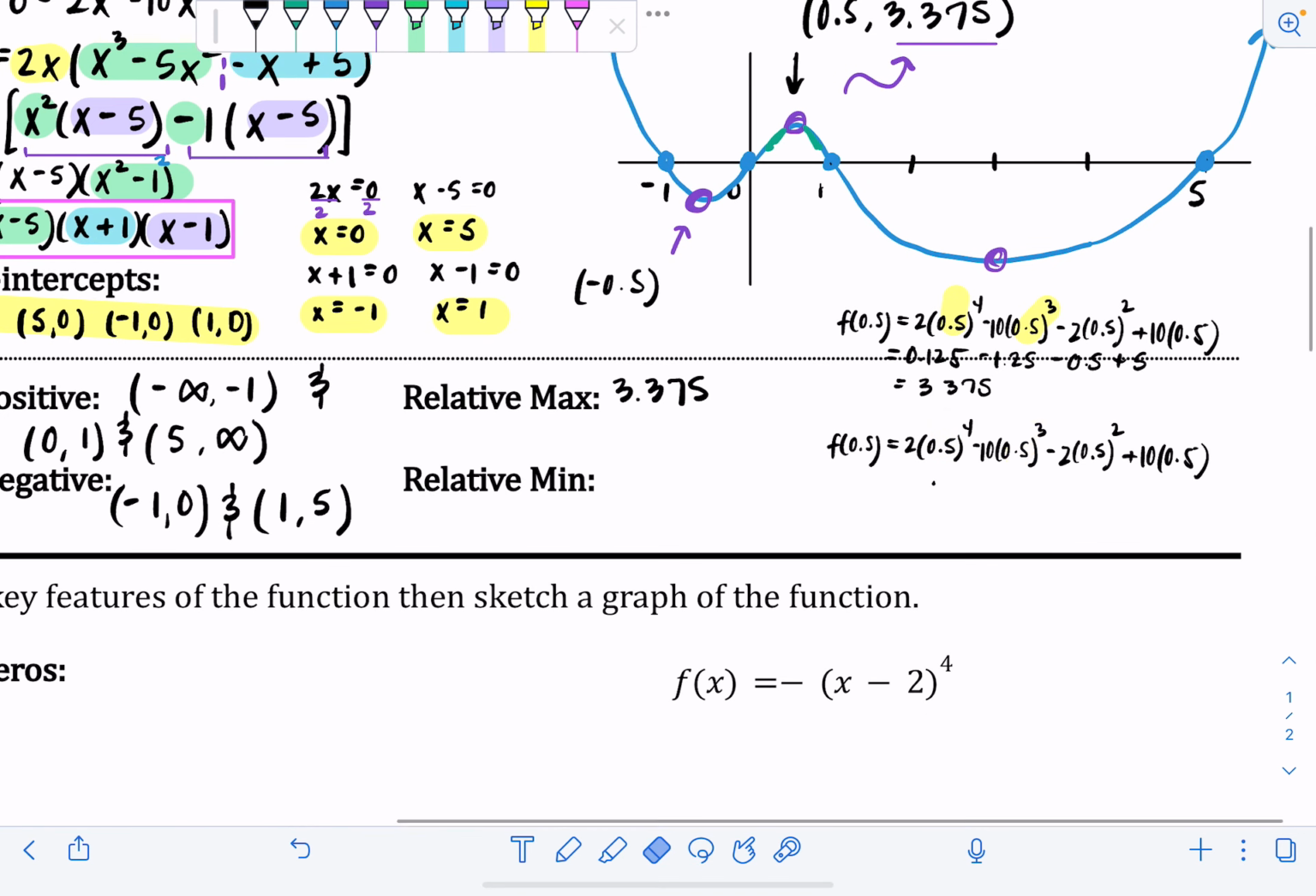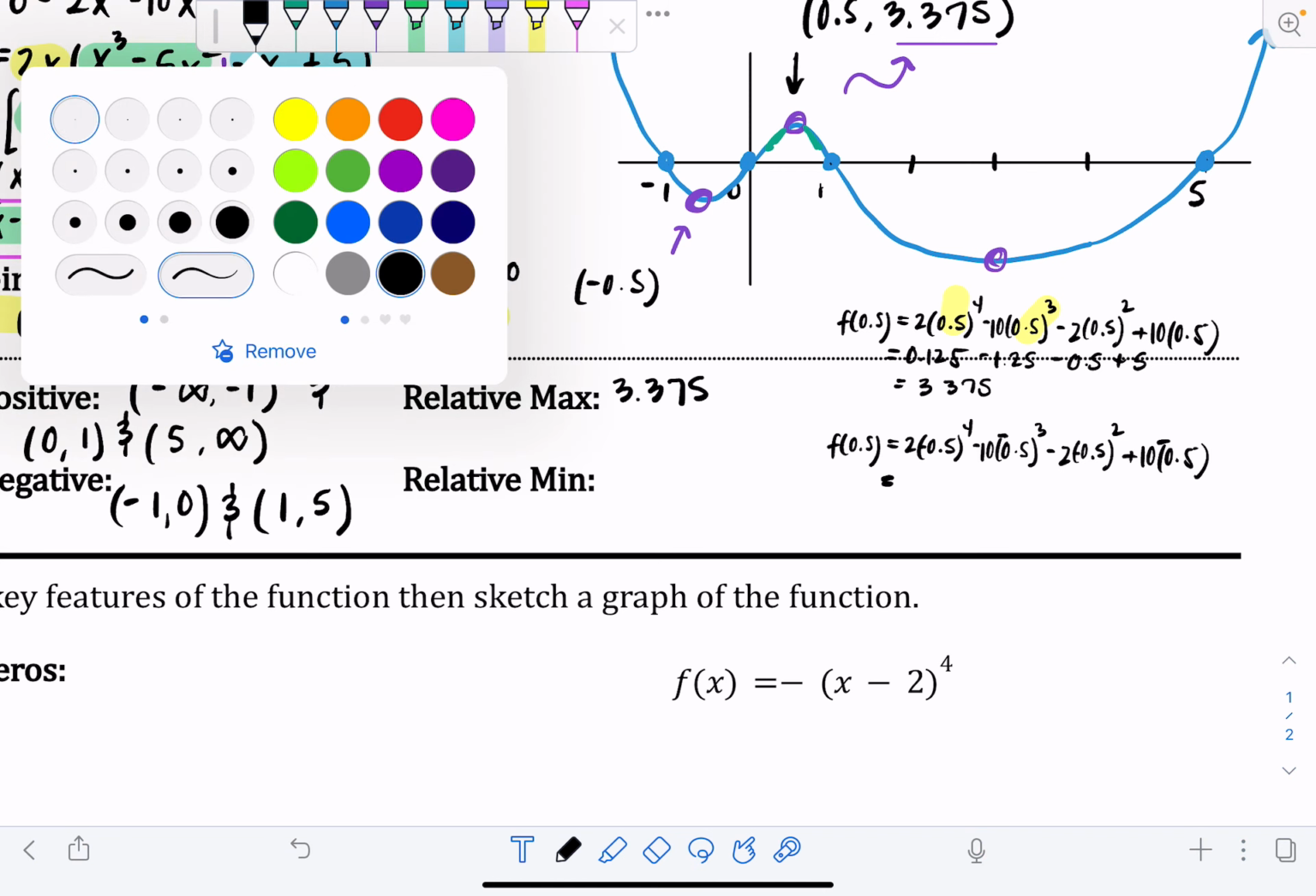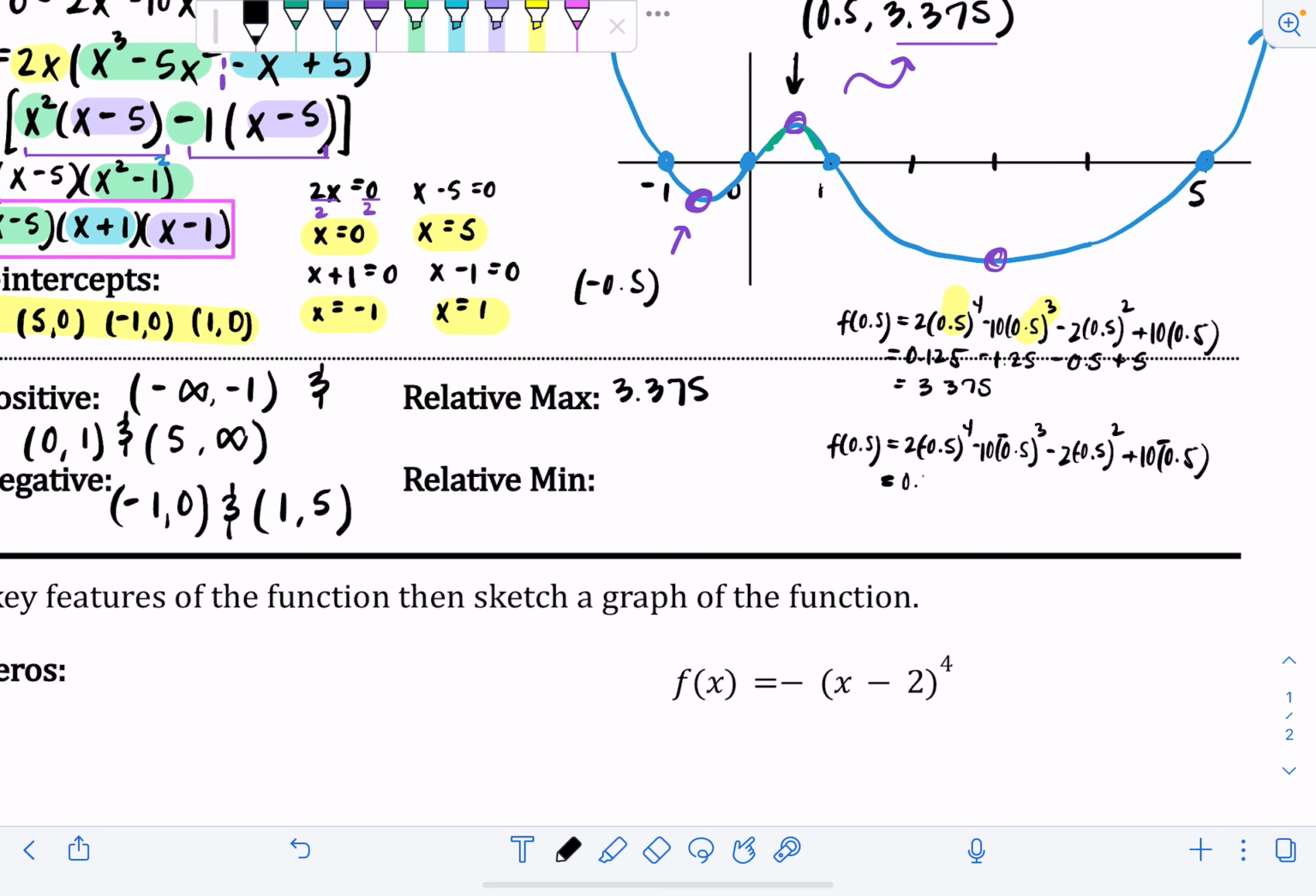So this would become a negative, this would become a negative, this would become a negative, and then this is a negative as well. So if we do negative 0.5 to the fourth, that's going to be the same thing. I think it was 0.0625 since you're raising a negative to an even power. So negative 0.5 to the fourth is 0.0625, and then if I multiply that by 2, it's the same thing as before. So 0.125,